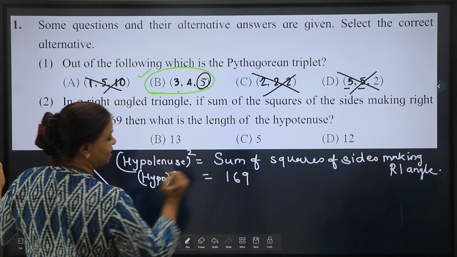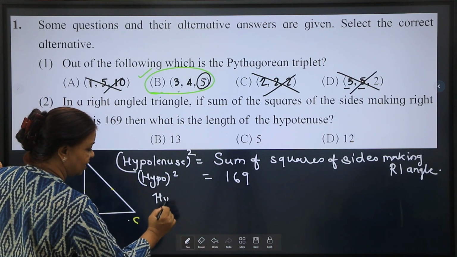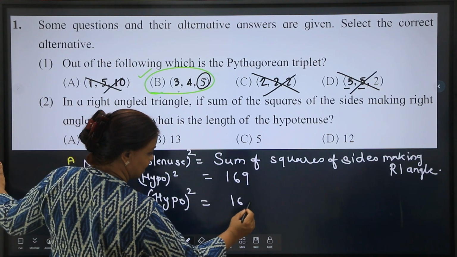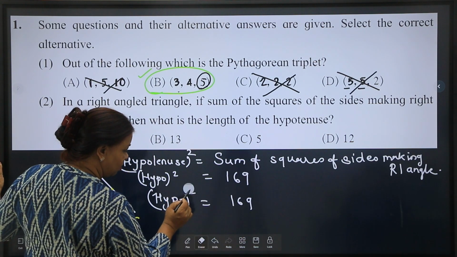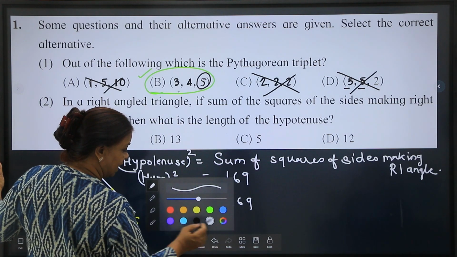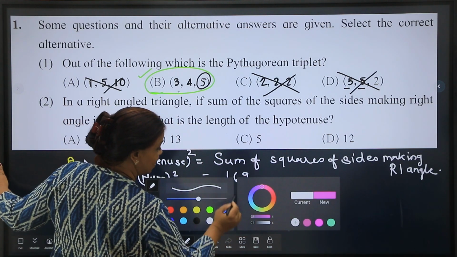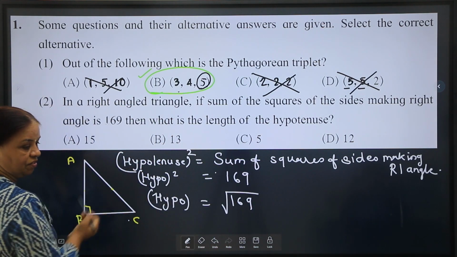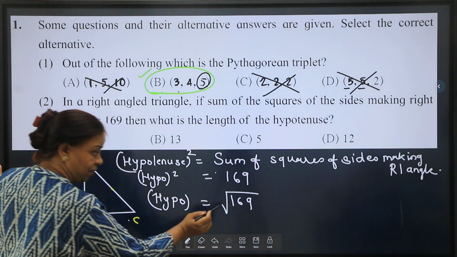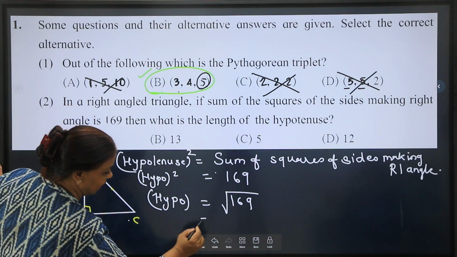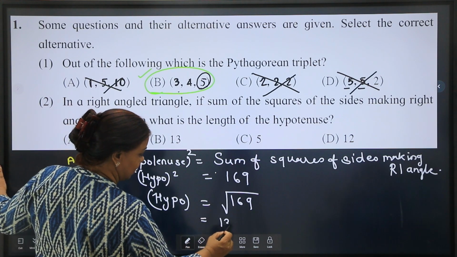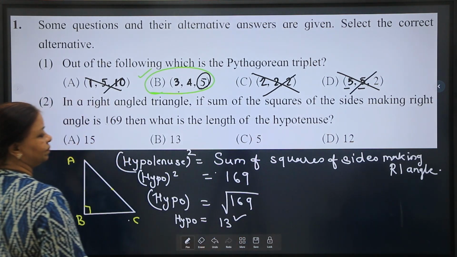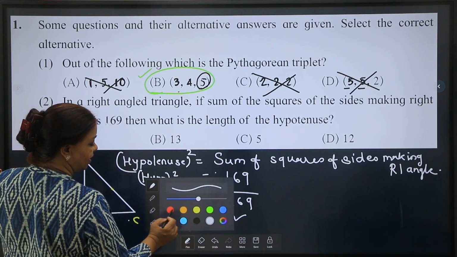Okay, this is 169. So in the next statement, hypotenuse square is equal to 169. What I'll do, I'll remove the square, and when I remove the square, I will be placing the square root on the other side. So what will I get? The square root of 169 is 13. So hypotenuse will be equal to 13. And option B is the correct option